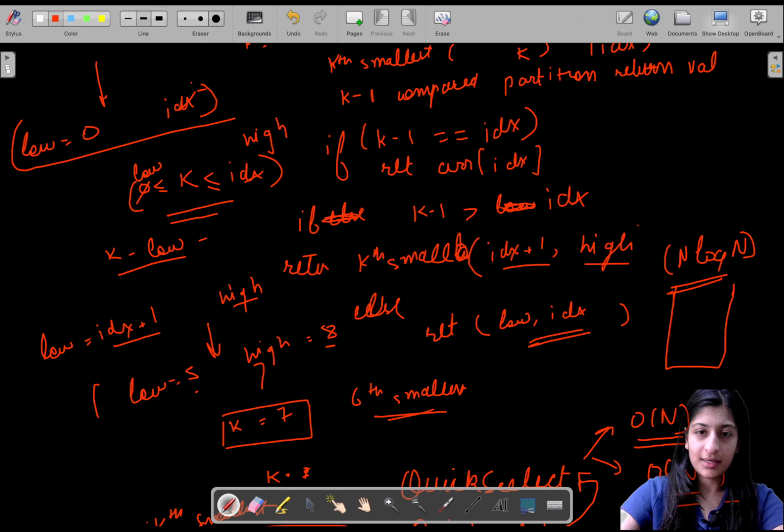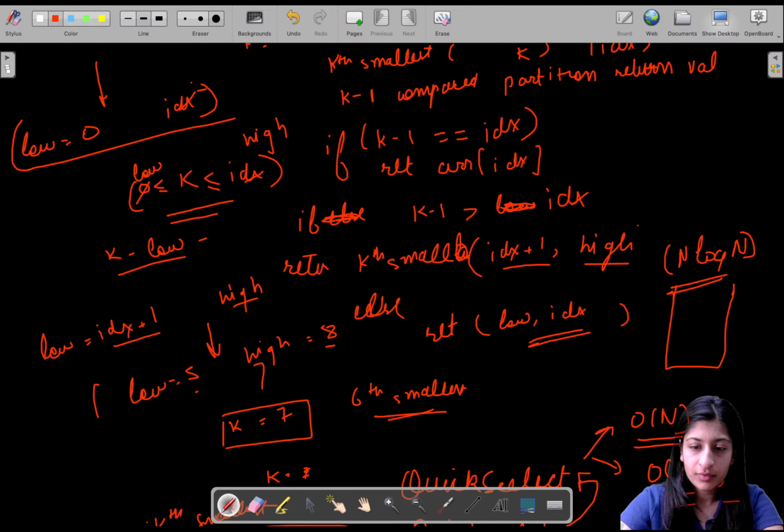For int j, also starting at low, j is less than or equal to high minus 1, because your pivot is already at high, right? So we are going to run the iteration till high minus 1, with j plus plus. If ARR of j is less than or equal to your pivot element, then you swap, int temp